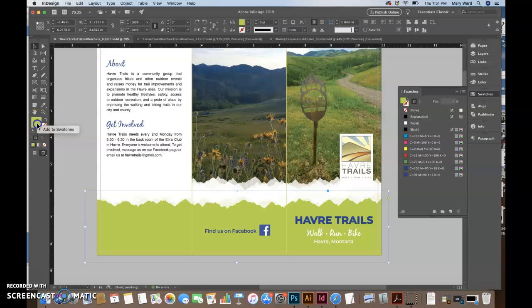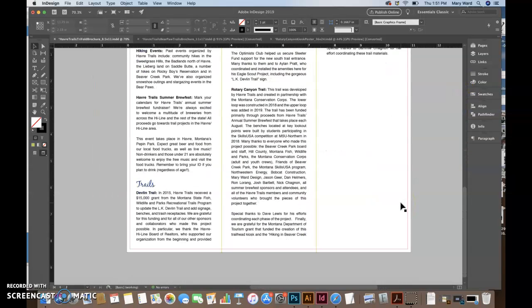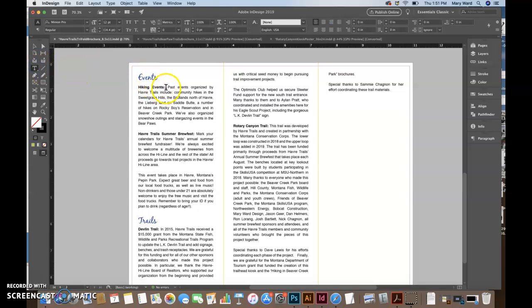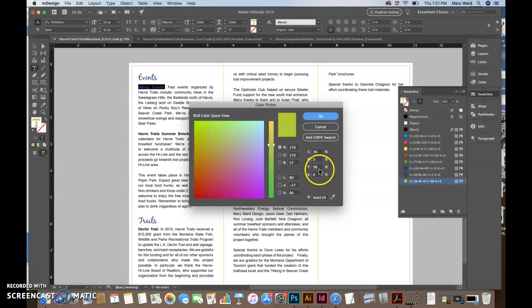If I just control click on this fill color, once I have this green box selected, I can add to swatches, and it'll bring it down here for me to quickly access. So one thing I can do to add in color on this otherwise white page is I can change these. So those might be too light of a green, but we can double click on that and I can add maybe a little bit more